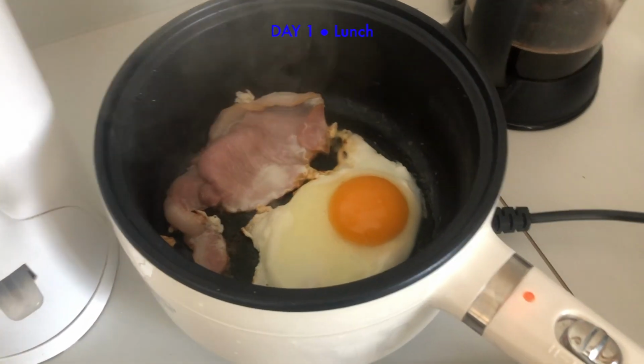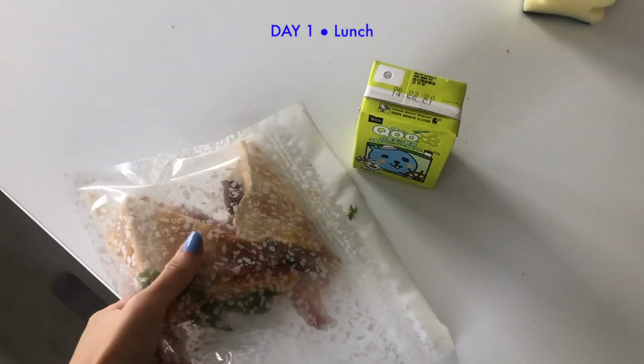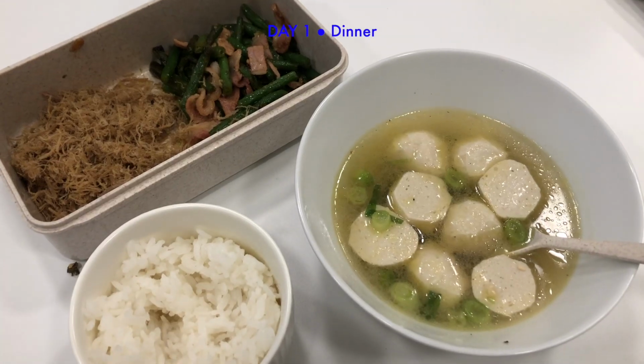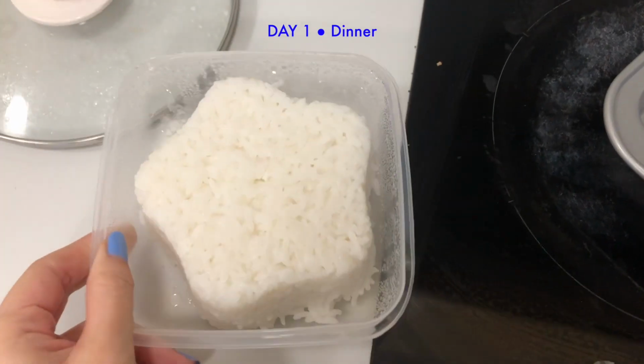For lunch, I made a sandwich to take to school in which I added a fried egg, piece of bacon, and some salad. For dinner, since it was quite a cold day, I felt like having something warm, so I